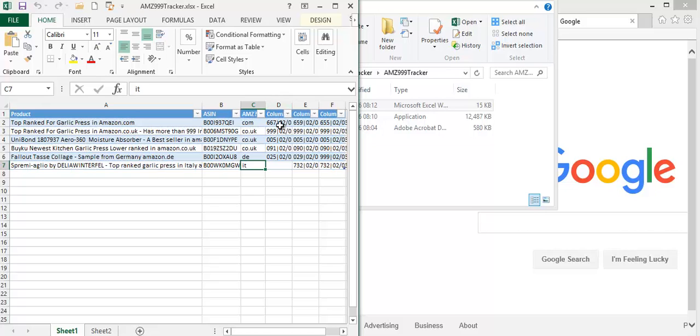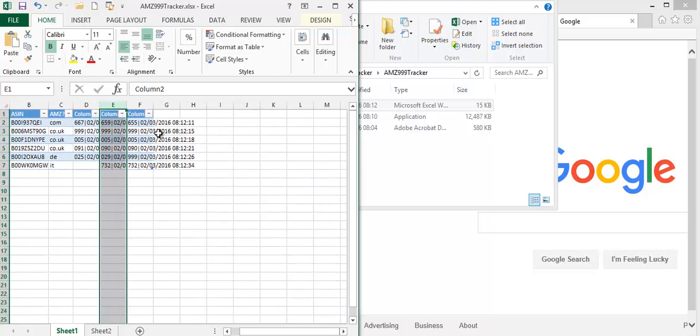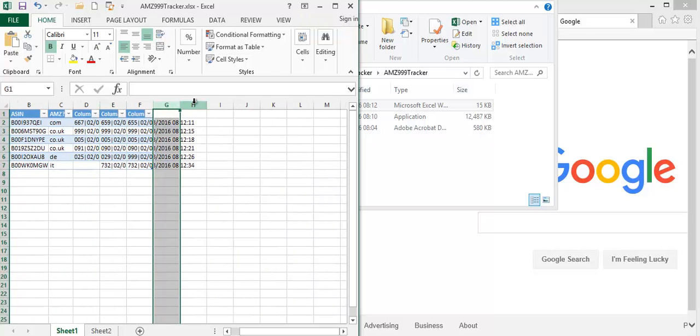This is the format in which the software writes what it gets from its search. So it writes the quantity of products and then the date and the time scraped. And the software is going to keep adding new columns the more you run it